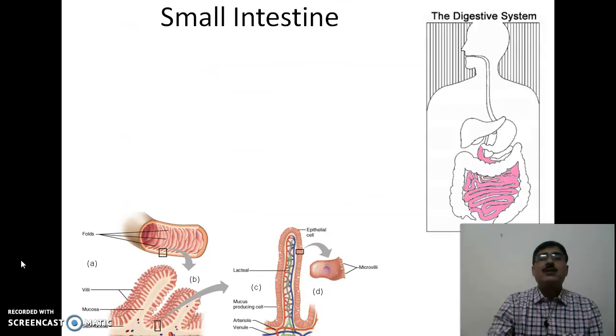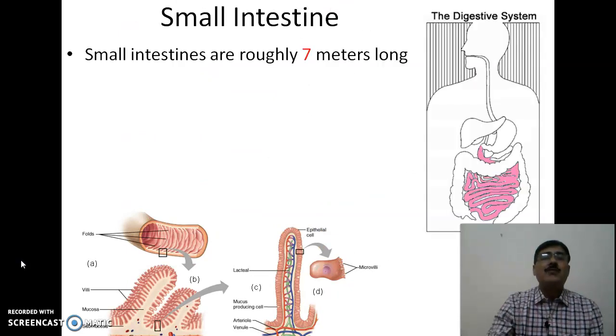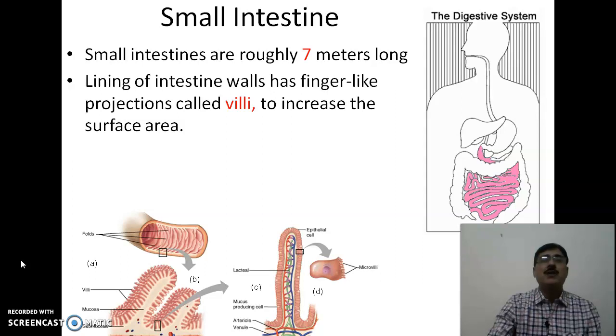Now let us discuss the small intestine, which is the longest part of our digestive system. The small intestine is approximately 7 meters in length. It is known as the small intestine because its diameter is less than the diameter of the large intestine. The lining of the intestinal wall has finger-like projections called villi, and these villi have microvilli which increase the surface area. As you can see in the diagram also,